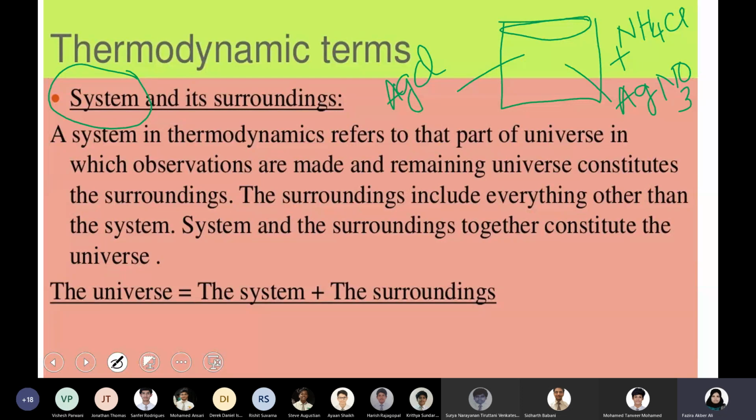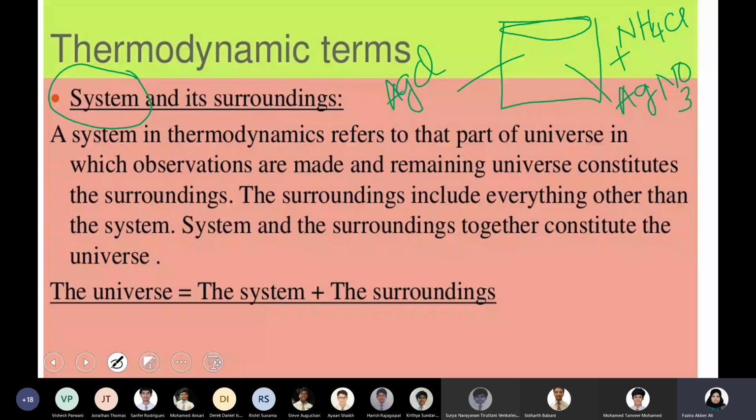So during the reaction, you will observe only that. Maybe a color change, maybe you look for the formation of a precipitate. Sometimes you will look for a change in temperature. You will use a thermometer and look at the temperature every 5-10 seconds. There are some other reactions where you will look for pH change. So it's not all the time you will look for colors or precipitate. It could be a change in temperature or change in pH. All this is possible. Whatever you are observing, whatever investigation you are doing, that area is known as system.